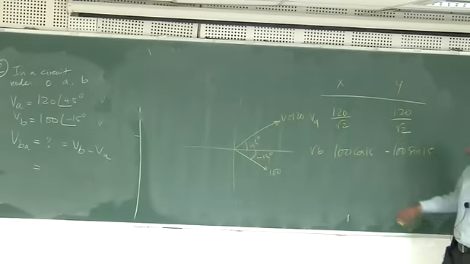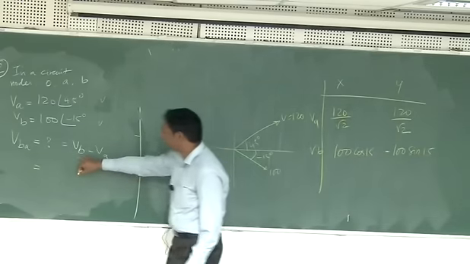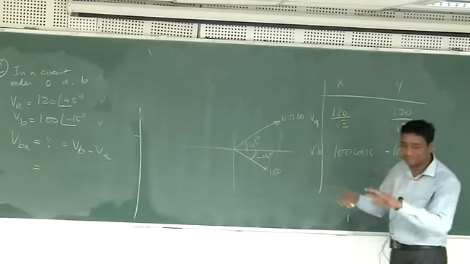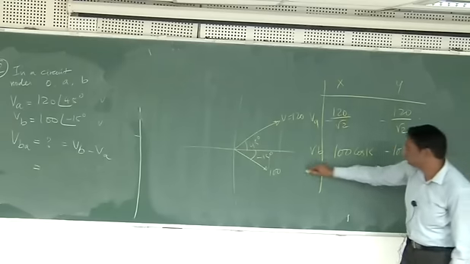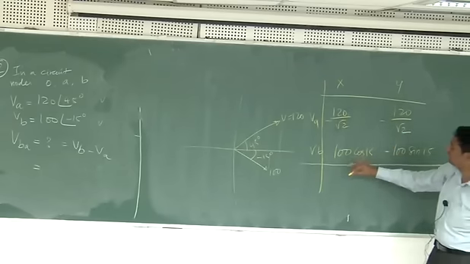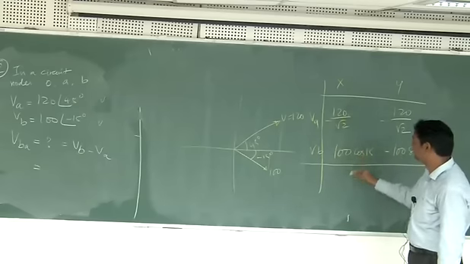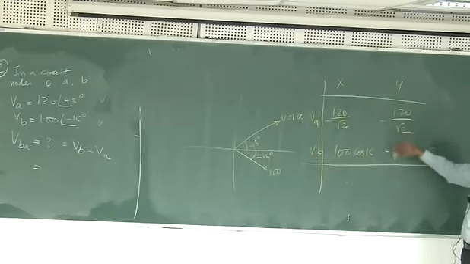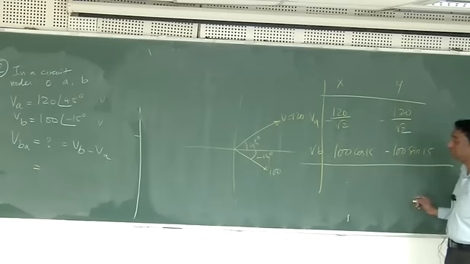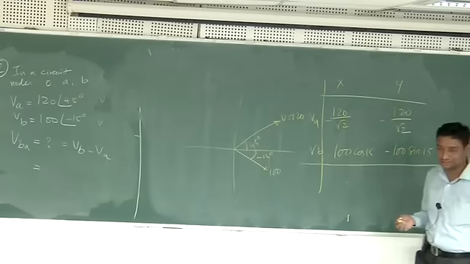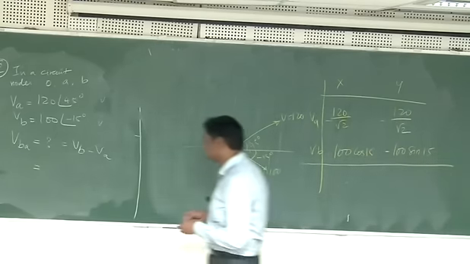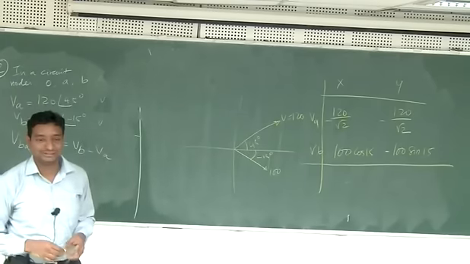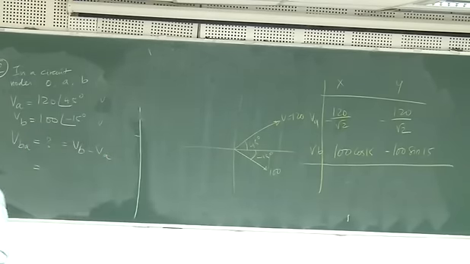Okay. Now I want what? I want VB minus VA. So if you want VB minus VA, then this minus this, so you put a minus here, and then add the x and y. So add the x, so you will get this minus this. So this can be done in the calculator. Both are minus, so you put a minus and then add both of them, and then you will get this. So once you do these two steps, you will get two numbers. That will be your answer in the rectangular form. Then you can always convert it into polar form. Okay. So somebody want to try, or shall we go to the next problem?